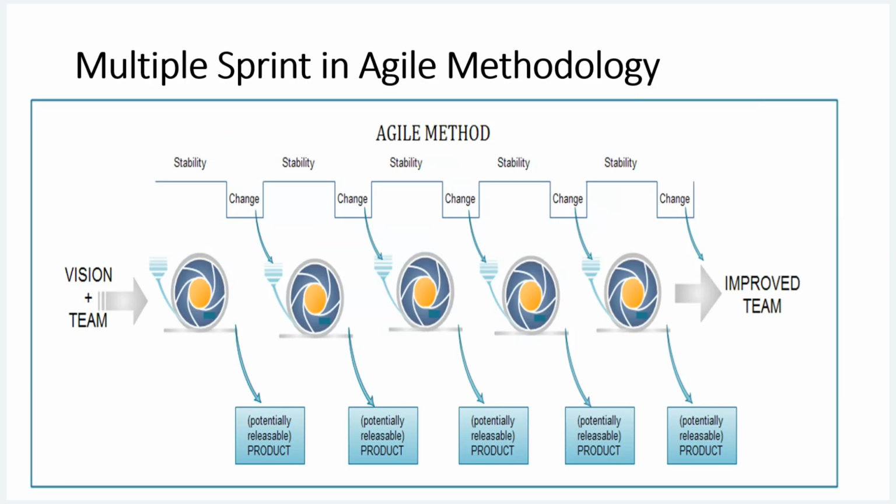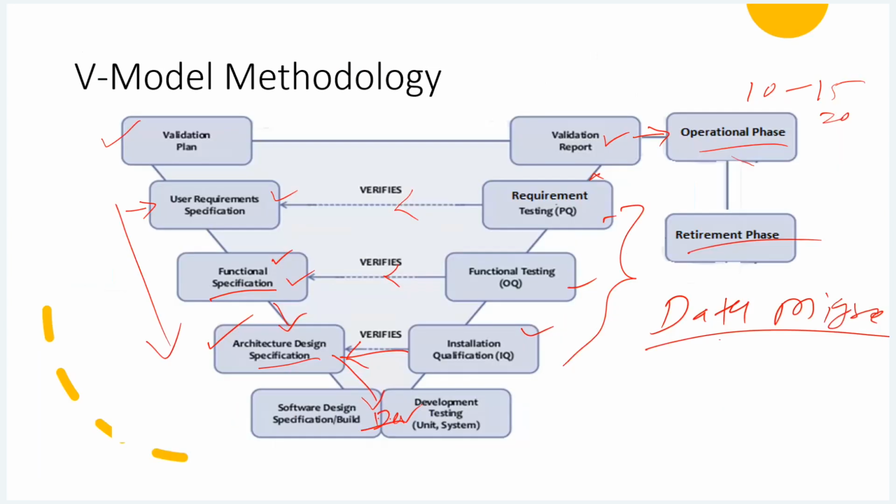Okay. So if you see in the V model, we have fixed everything as a requirement in the initial part. This is our initial phase only. In the initial phase itself, we fix every requirement. After that, if somebody changes the requirement, we have to start from the beginning again. Like here, during testing, we find that I need to change the requirement. Then we have to start from the beginning.